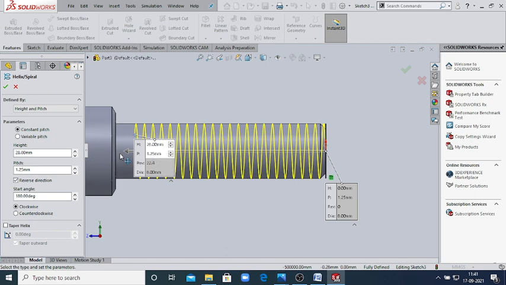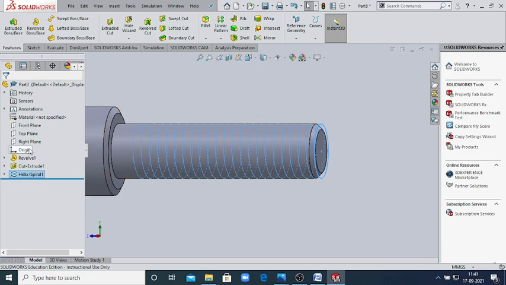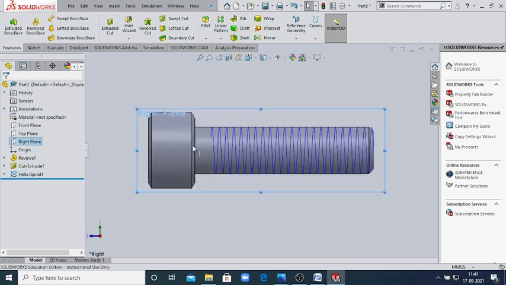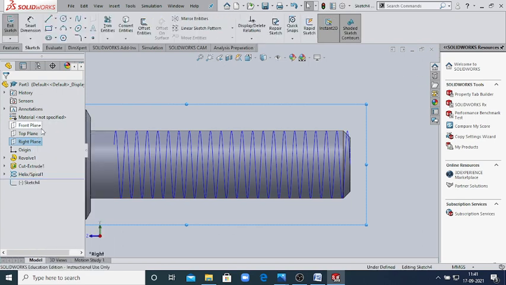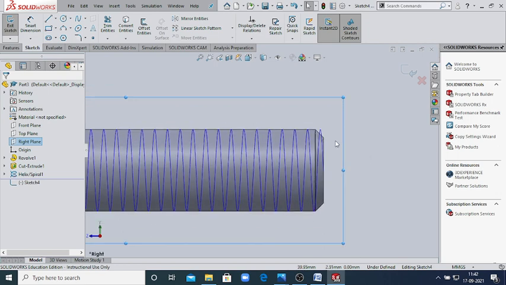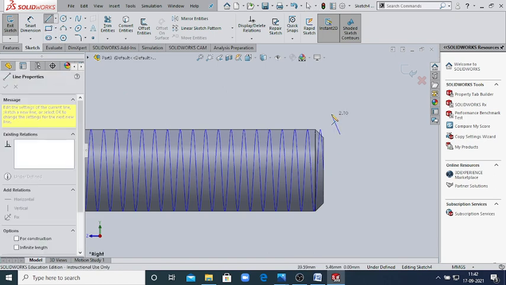Then select this, then okay, our path is ready, and again select the right plane like this and select right plane again, then select the sketching. And now just see carefully students to how to make the thread in this SolidWorks. First of all, when we select this and we'll make the path, this one, then we'll start to make the triangle here like this.